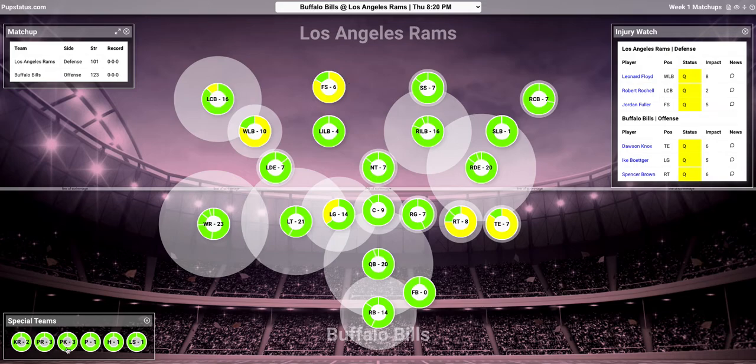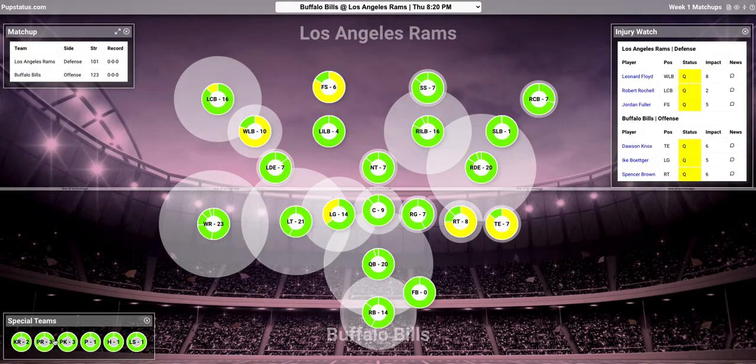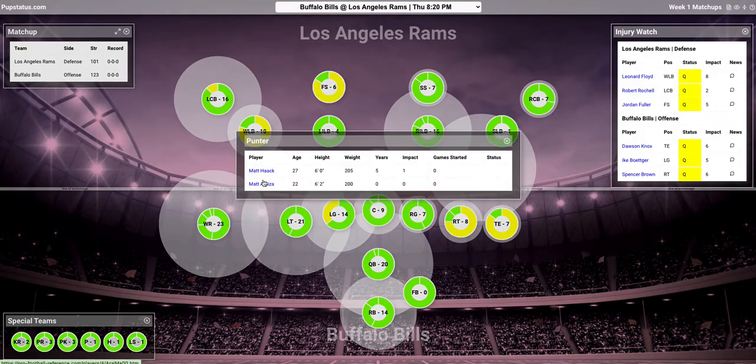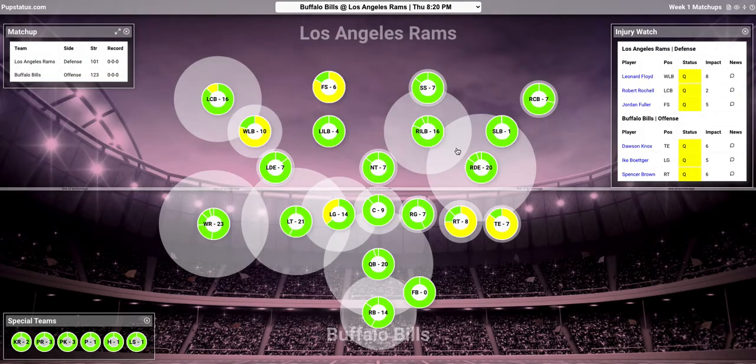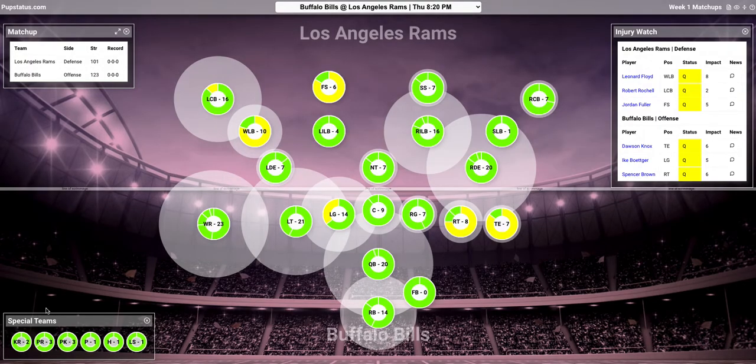Down here, the special teams, same principle. We're just missing the ring on the outside there. But typically, these are players that aren't relegated to that exact position. I mean, obviously, place kickers and punters, yes, but holders are typically both the holder and the punter. And punt returners might be wide receivers, running backs, anybody. Same with kick returners. So that's your special teams.